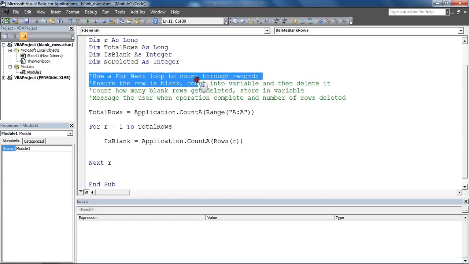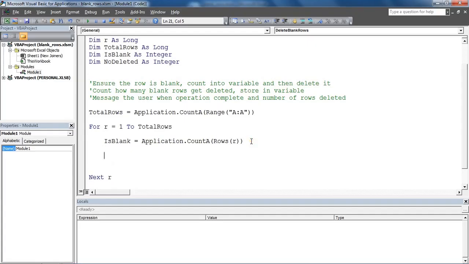Right, let's remove some of these. For next loop is in. Sure it's blank. Okay, we haven't deleted it yet. So, count what's in there, store it in is blank. Now we've got the information, plan is to test it. So we're going to say if is blank